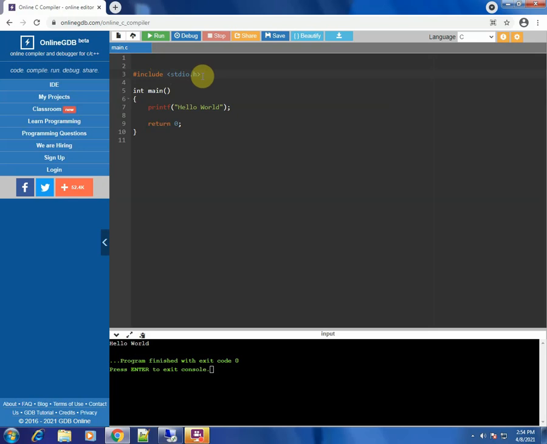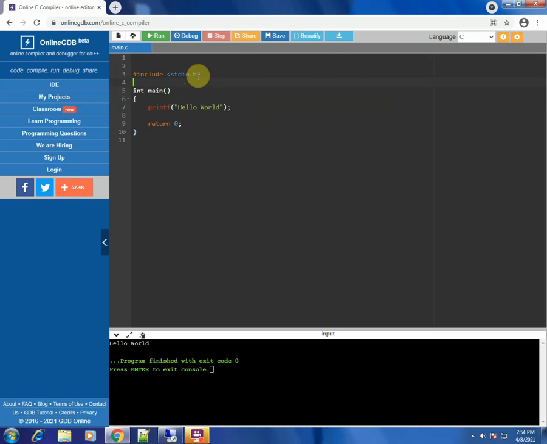To include or make use of this header file in your program, you have to write this preprocessor directive, which is hash include. So it is always hash include stdio in angle brackets dot h because it is a header file, and close the angle bracket. Now this dot h is nothing but an extension, like how for a JPEG file it is dot jpeg as the extension.